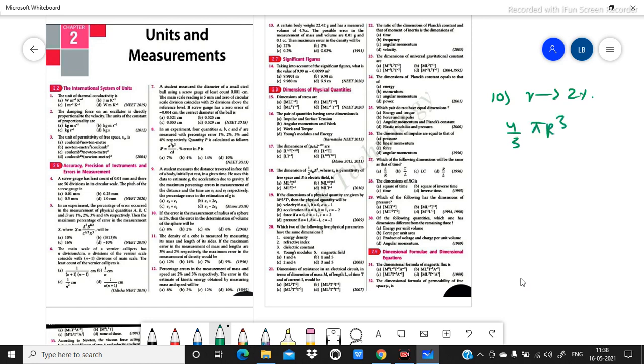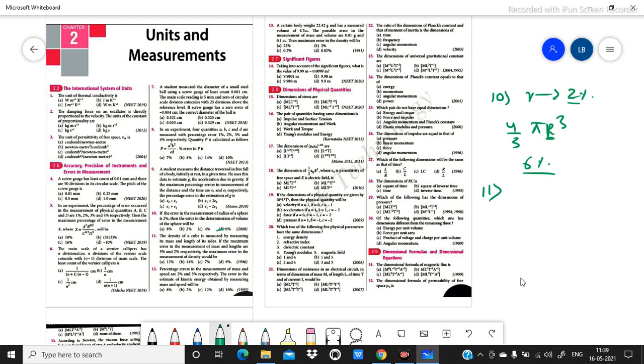So then I can say like this, volume is depending on r cube. So these are the constants. And r is having 2% of error. So you can say volume will have 3 into 2, 6% of error. It is a direct question. So no need to worry about this type of question. Again the correct answer will be 6. So these are the easy types of questions.